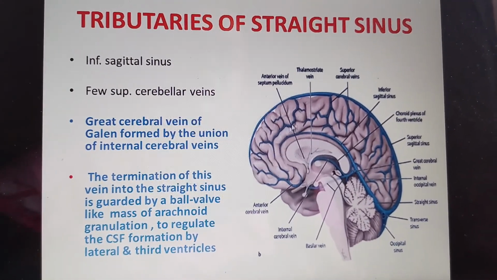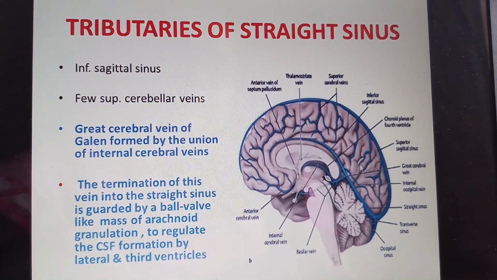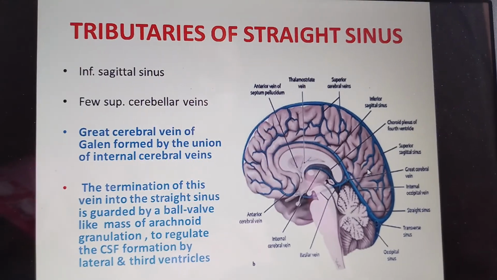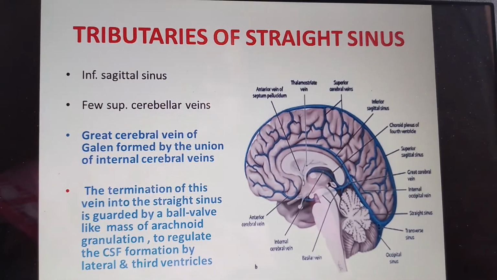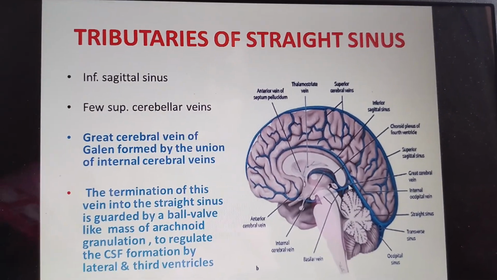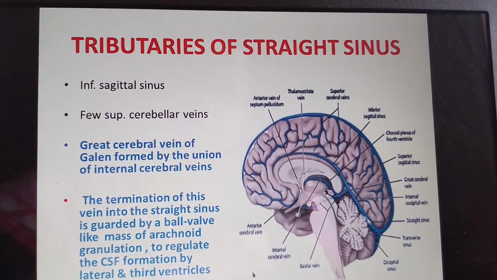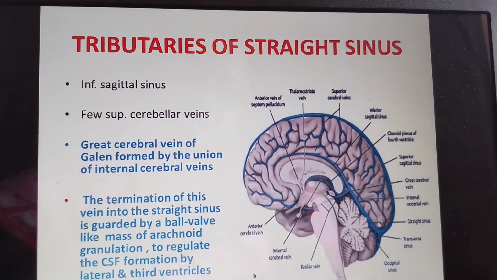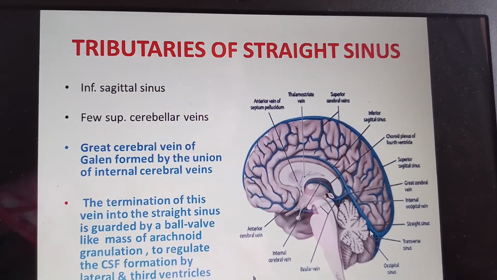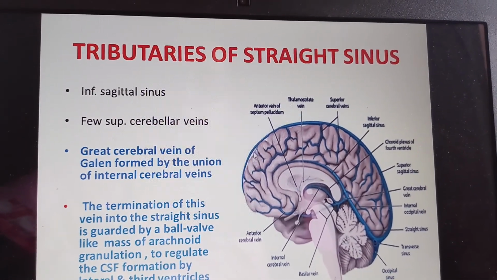So what we are seeing here is actually over the brain, the venous circulation, right? This is the cerebral hemisphere, this is the cerebellum. Cerebellum one side has been cut, and here this one is the great cerebral vein of Galen, and this is the straight sinus. It is just on the under surface of the occipital lobe of the cerebrum.